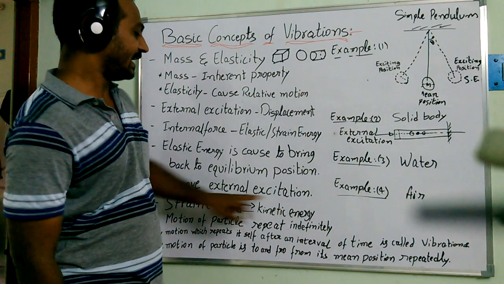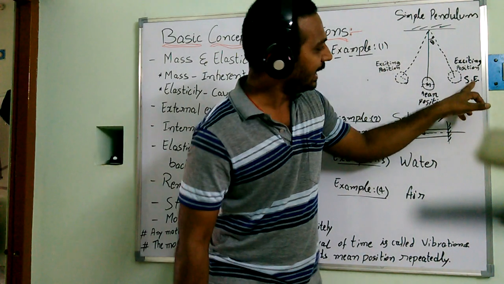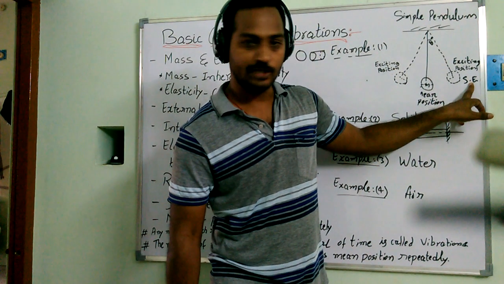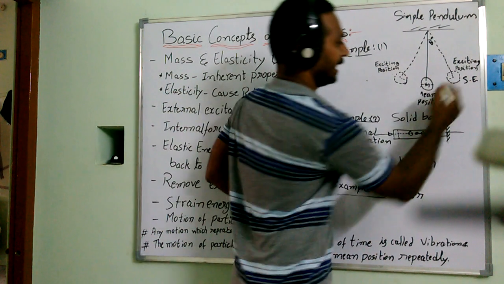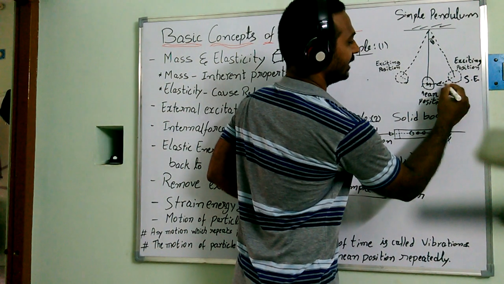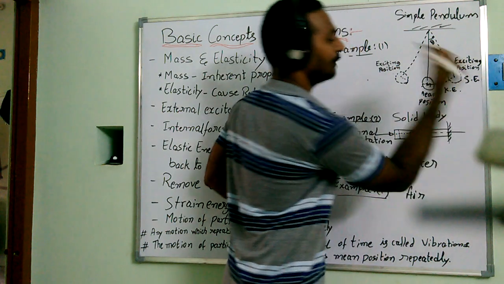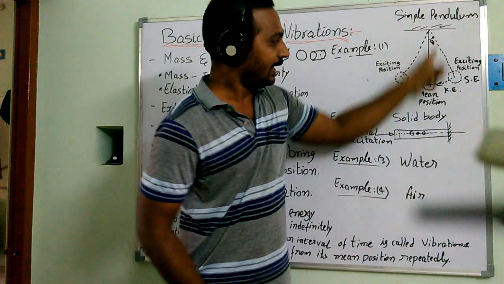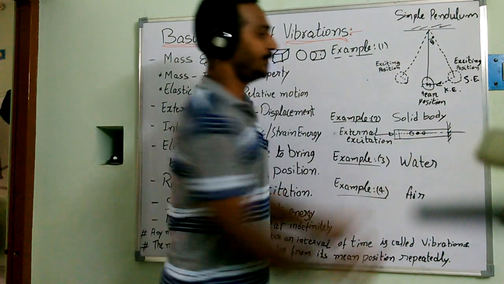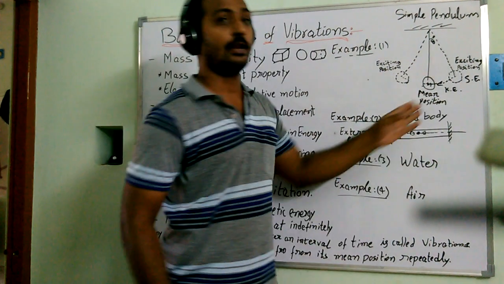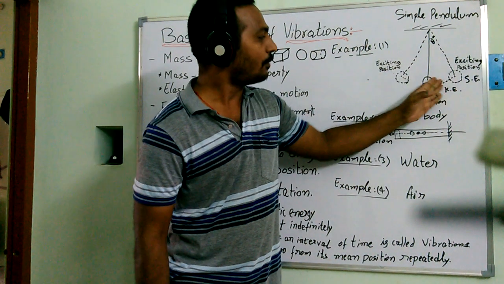So I remove the external excitation. Then the stored strain energy is converted into kinetic energy. That object is going to be trying to get back to its original position with the help of the kinetic energy. But when it reaches the mean position, because of the inertia forces, that object is going to reach